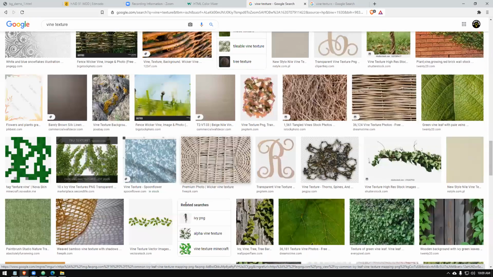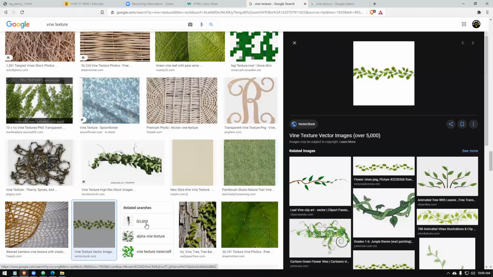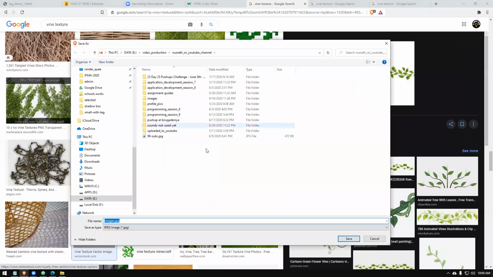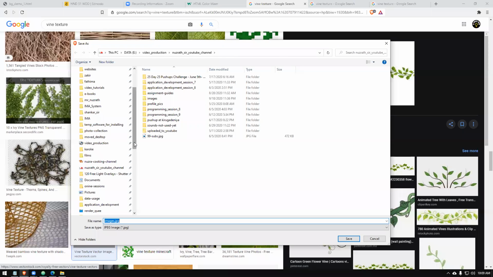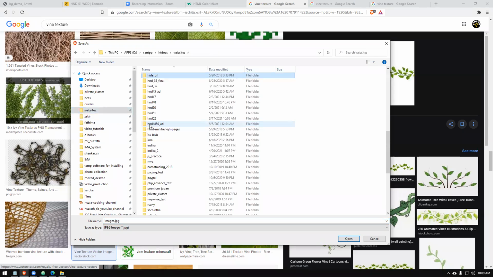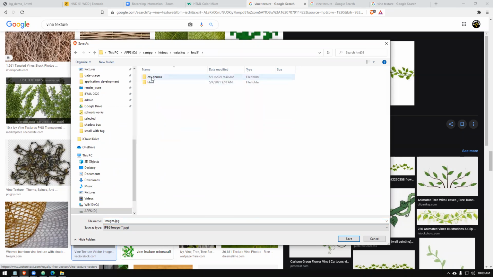I can't do a big selection now, it's taking too long. This picture is there. We'll take this picture. I'm saving that image inside my website. I will create a folder inside chapter 3 called images, and I will save this one as